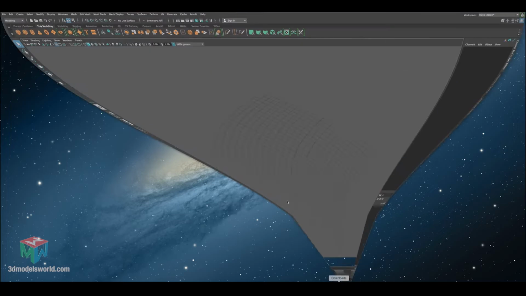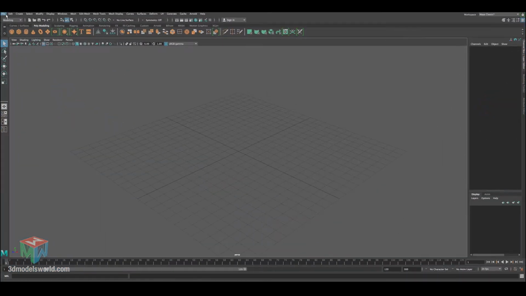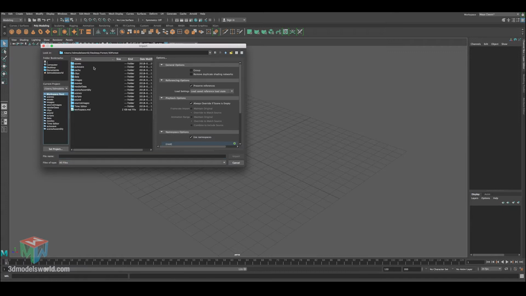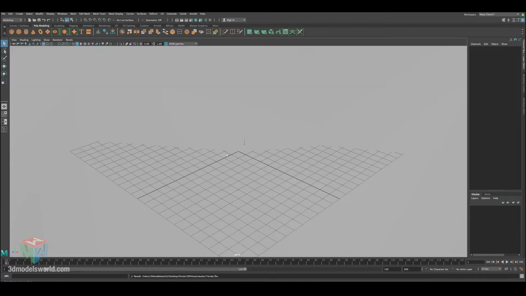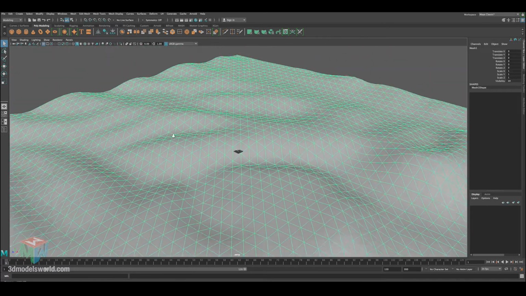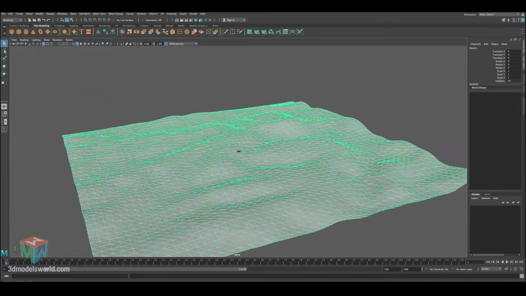And then let's go back to Maya, and then let's import this terrain. So let's go File, Import. We are inside our project, so perfect. Let's click on Assets, and then select this terrain, and then click Import. Okay, so now it's imported, and you can see this is really like a real scale, so it's really big,